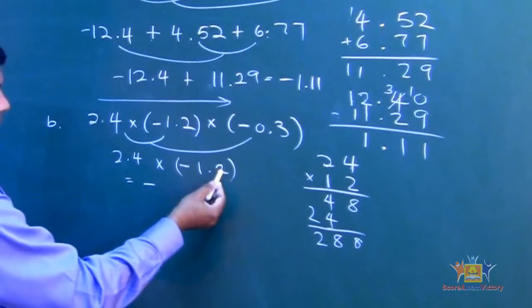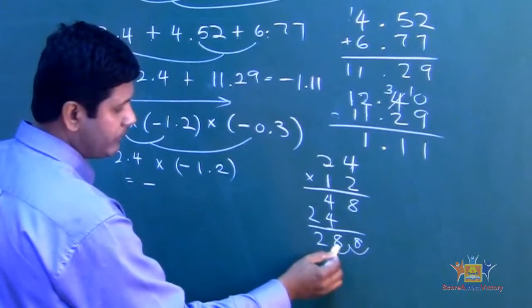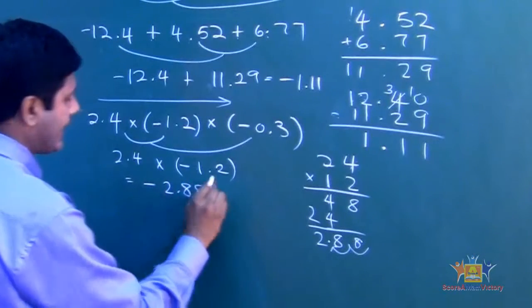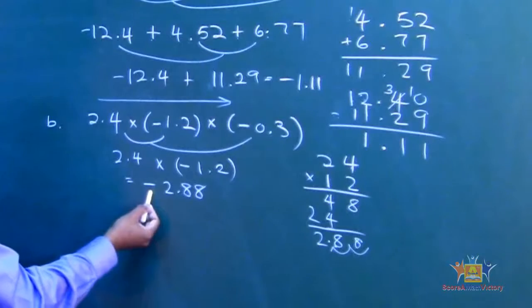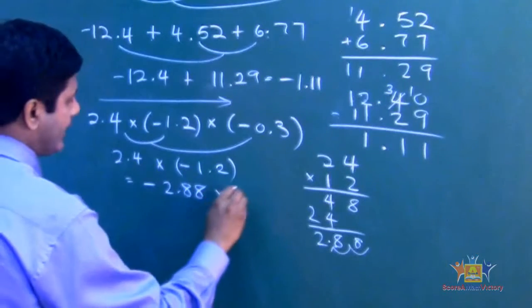How many numbers behind the decimal? 1, 2. Start from the back. 1, 2, and then put the decimal right there. So it becomes negative 2.88. Because why is negative? Because positive and negative multiply gives me negative. Now we did this part. Now I'm going to multiply that with negative